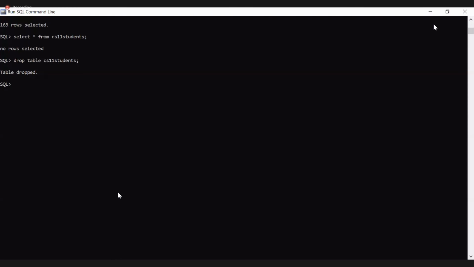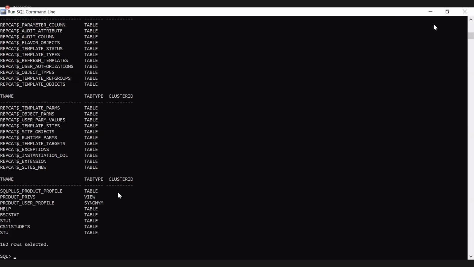Let us check whether the table is existing in the database or not. See, the CS11 students table is not there. So all the commands are executing.